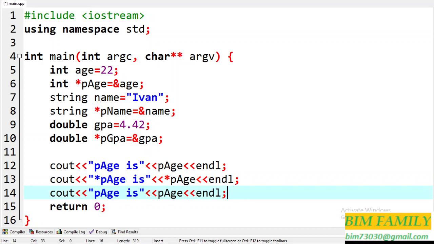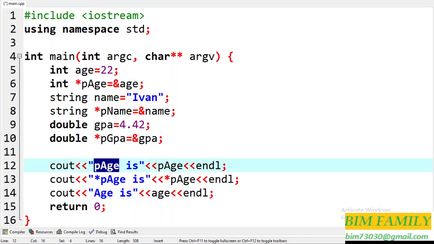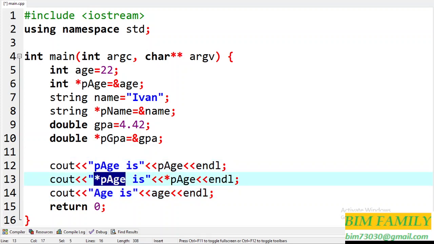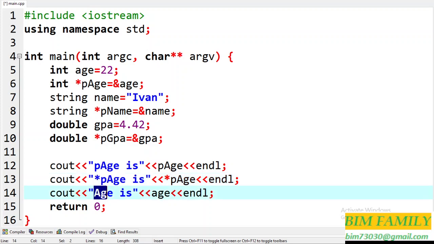So if I do this to check out the difference, we can see it. Age is that. Then I also print out pAge. So we expect to get three values. We expect to get the pointer for age, and also the value when we dereference pAge, then we expect to get the real age variable. So when we compile and run,